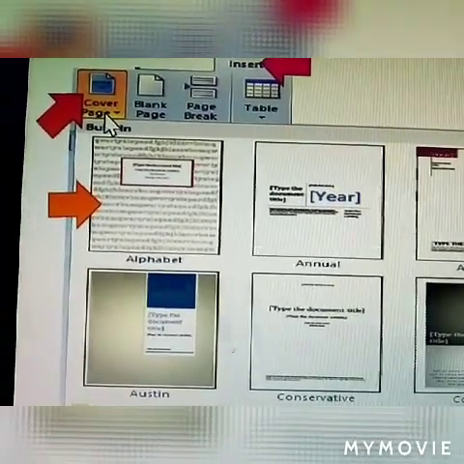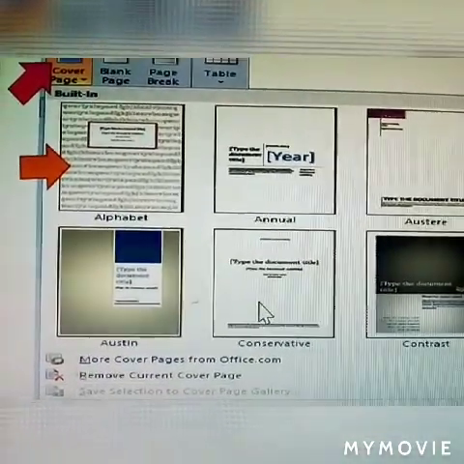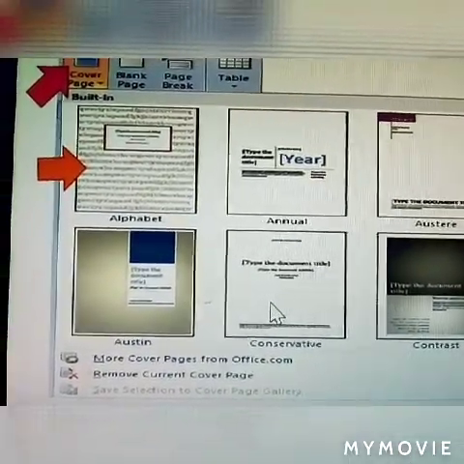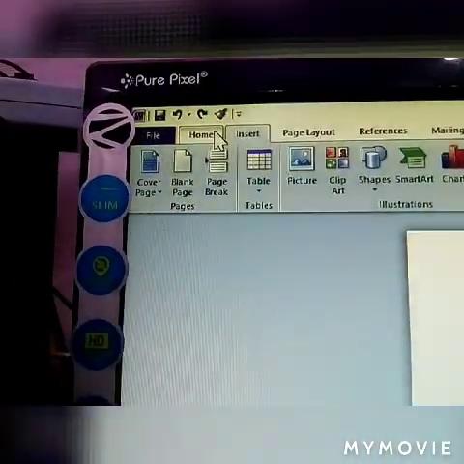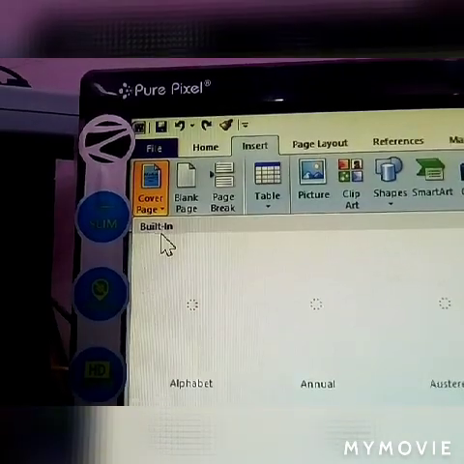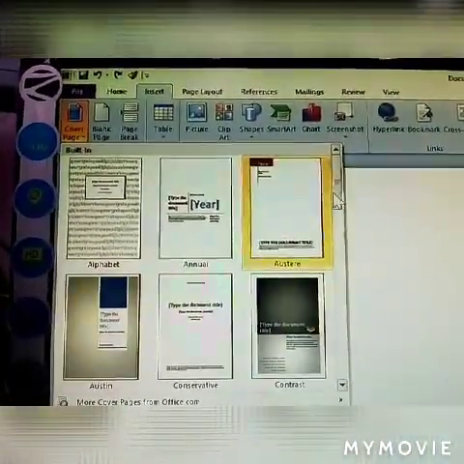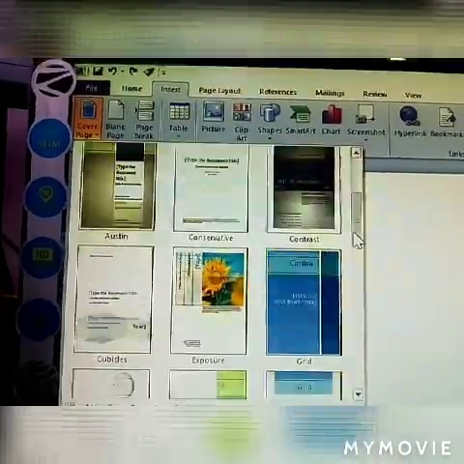Click Cover Page. These are all available in the cover page window. See here, click Insert, then Cover Page. There are so many cover pages available.